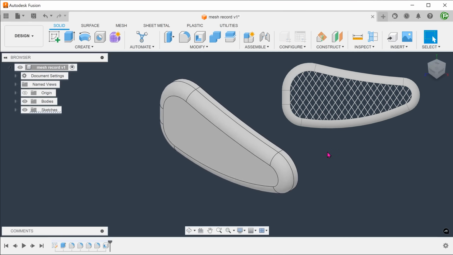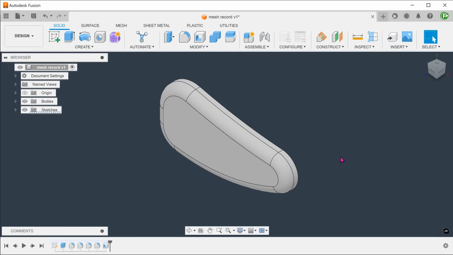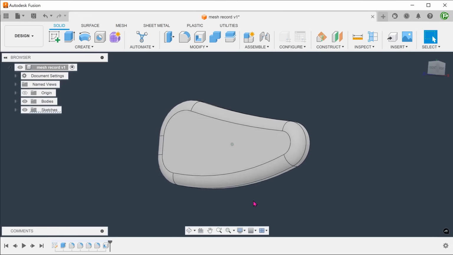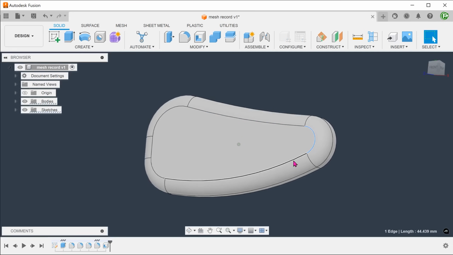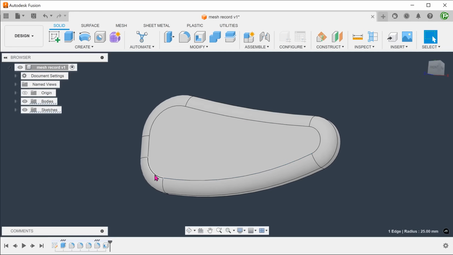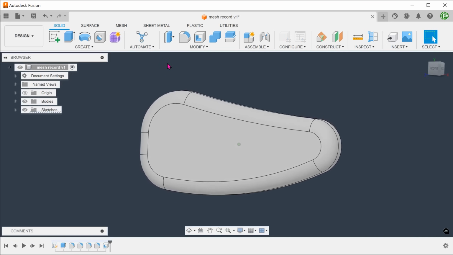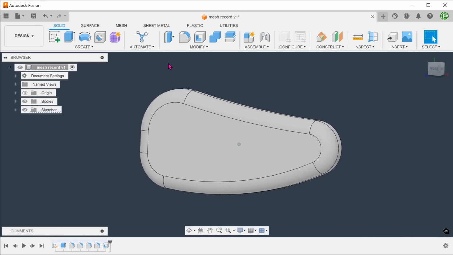Next, we want to create this mesh-like pattern. We need to limit this pattern to the inner portion of this part. Let's use the tangent lines created by the fillet as a reference. We want to split this body using these lines. We can create a sketch and project these lines. But let's take a look at another method.